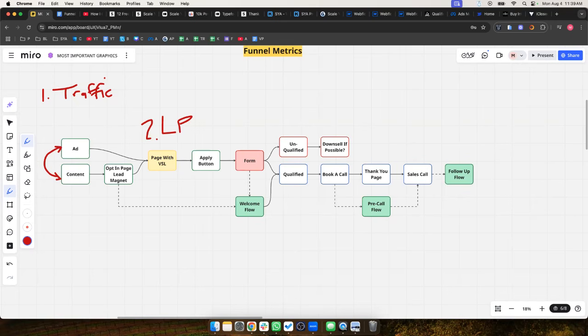The third one is basically your form is too strict. A lot of the time you are too strict with your form. To some degree, you want to be as strict as possible, but sometimes you'll be needlessly turning people away that might not be absolute whale ideal clients, but clients that are good enough.